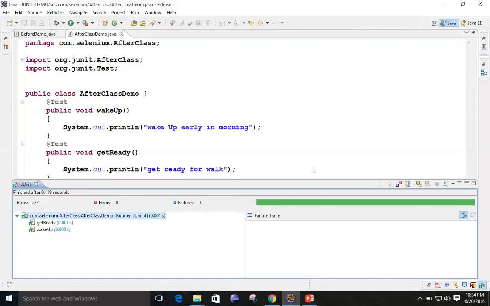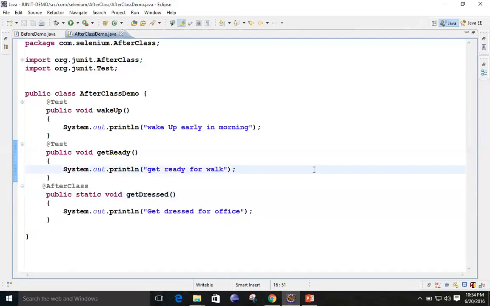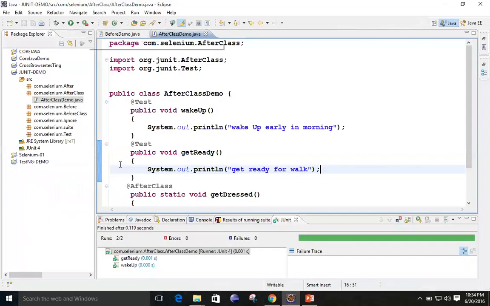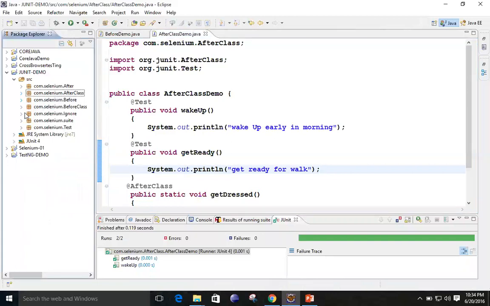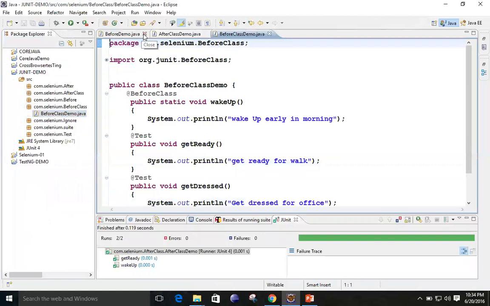So anything which is related to class, whether it is after class or the before class, both should be made static. So this is the after class. Just focus on the before class. This is your before class.